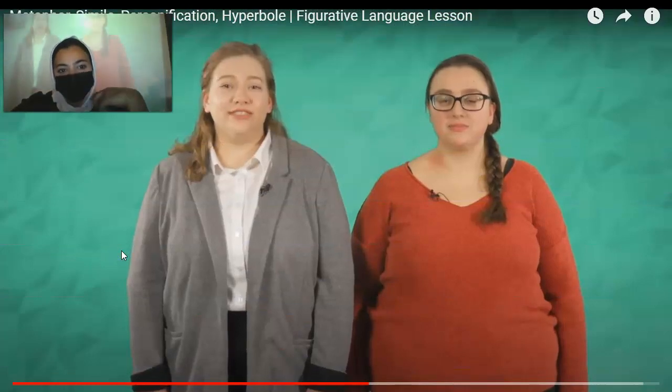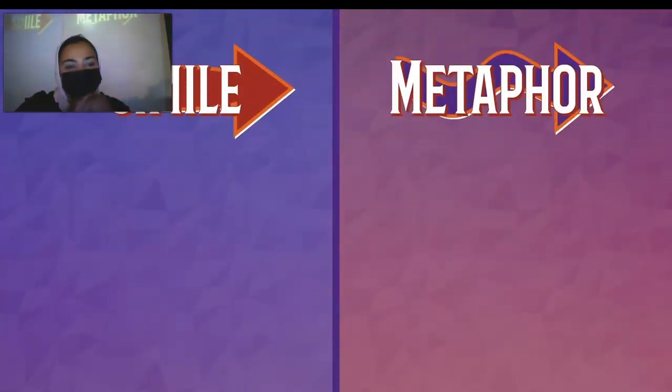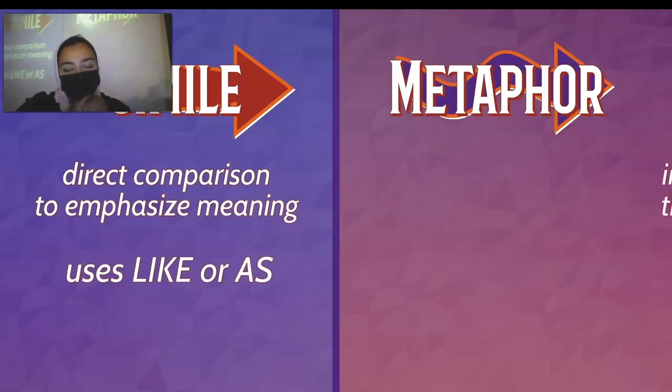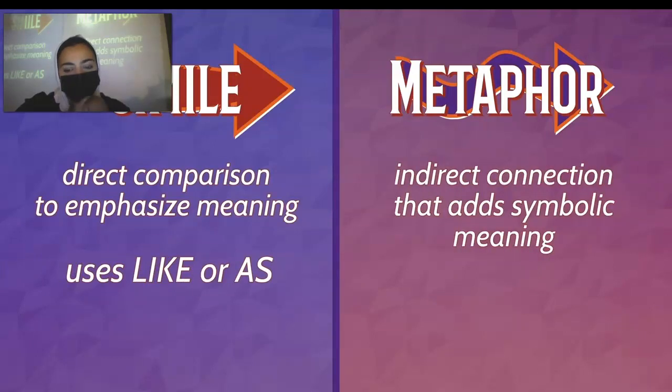Metaphors and similes are often discussed together because they have a lot in common. They are similar. I get it. They both make connections between two ideas. A simile is a direct comparison that emphasizes meaning, using the words like or as. A metaphor adds a symbolic meaning through an indirect connection, where you're equating one idea to another idea without suggesting